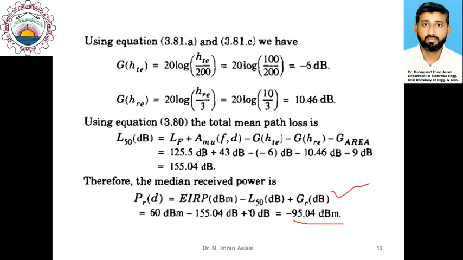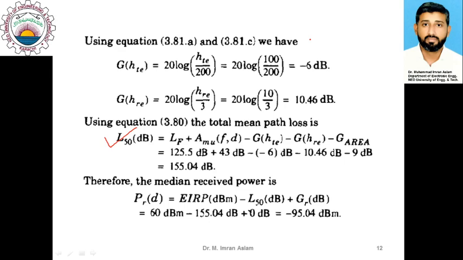So this was a discussion related to the Okumura model. Let me quickly summarize. This is the main formula of the Okumura model, and we have individually discussed each term in that formula, how to calculate each term, and we have also taken a problem on how we can solve a problem on the basis of the Okumura model. In today's lecture we have discussed a measurement based outdoor propagation model, which is named the Okumura model.